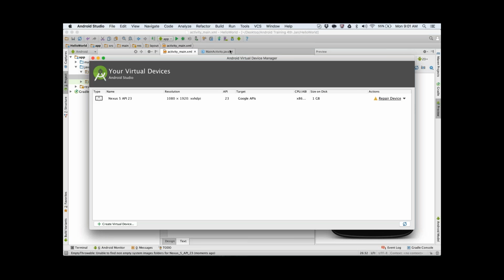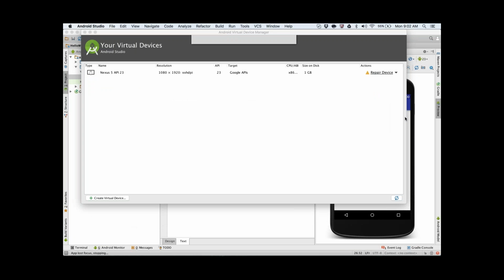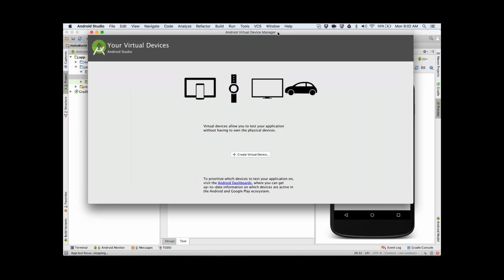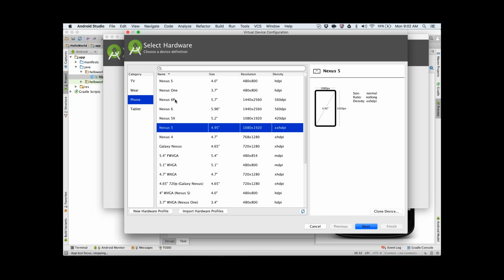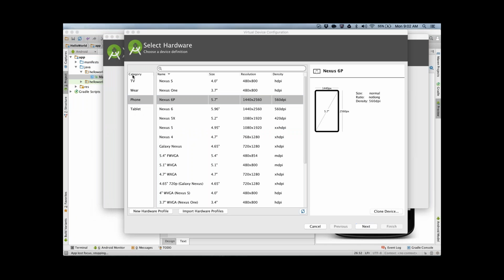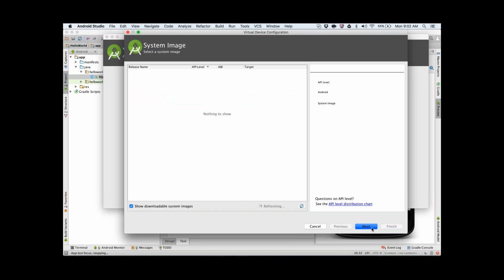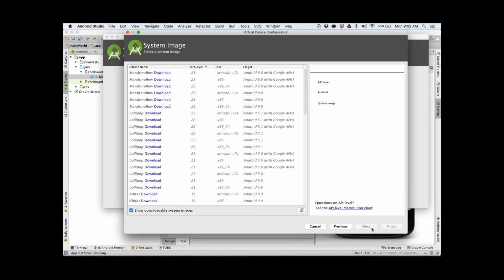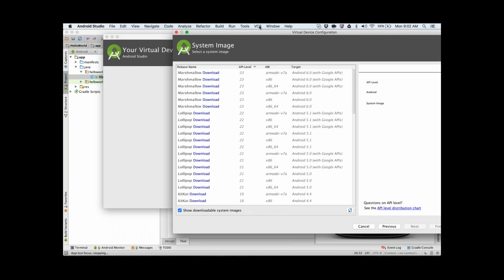Right now I already have a virtual device. I'm just going to delete that. When you go over there, it will give you the option to create a new virtual device. I will say create new virtual device. I will select Nexus 6P. When you create a virtual device, you can select the phone model for which you want to create it. So I will select Nexus 6P. Click next. And basically you'll be getting an option. It is showing me all the SDKs over there. So what I'm going to do is